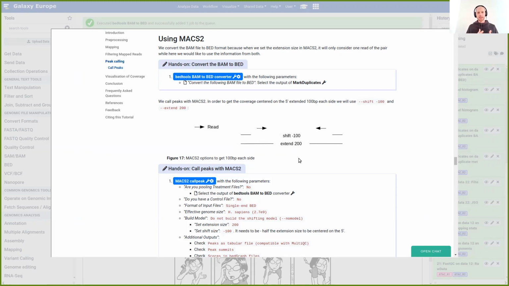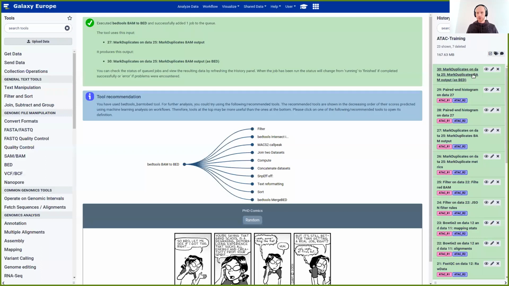Why do we extend it now for so much, for 200 base pairs? The explanation for that is if you would just take the 5' side itself, so just as one nucleotide, the data is too sparse to do the peak calling. So that's why we extend 200 nucleotides, so that we have a bigger pile up or bigger distribution, and therefore to have a better peak calling. Now the conversion is complete